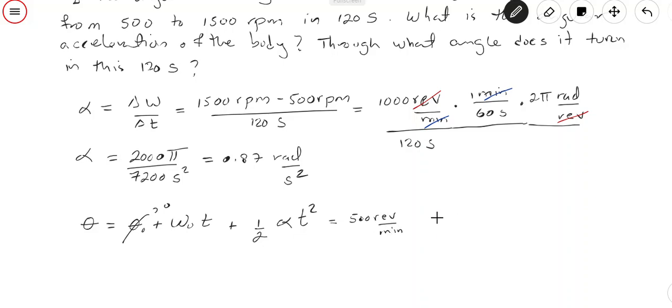I will do the conversion right now here. So times 2 pi radians per revolution, my mistake, 2 pi radians per revolution, times 1 minute over 60 seconds. Of course, times the time, that is 120 seconds,